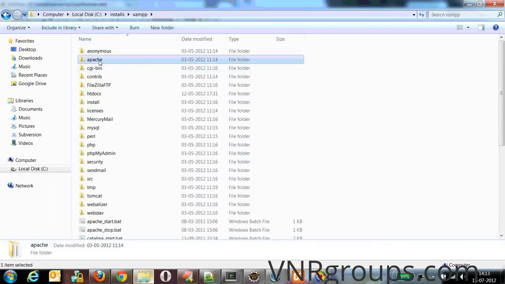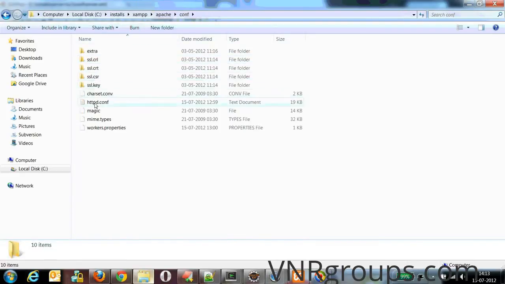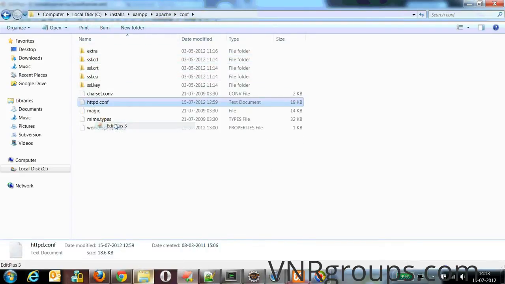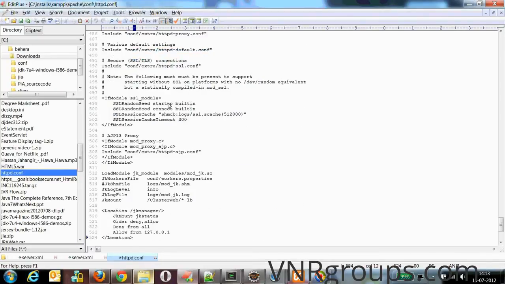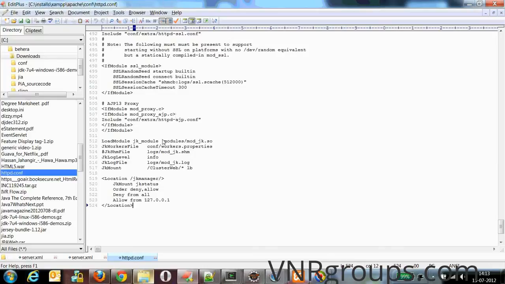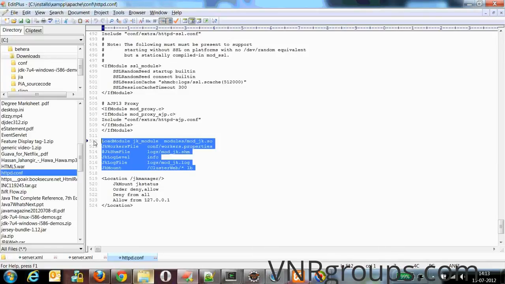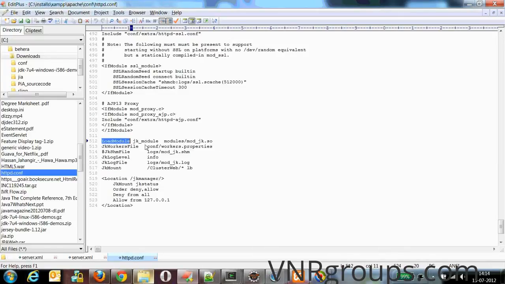So you open httpd.conf here of Apache HTTP server. This is the main configuration file for Apache HTTP server. Now there are a few things I have done here. What I did, I have loaded the module of ModJK. This is the basic syntax to load any module. So the module name is the JK module, through which your Apache will understand any request that comes from ModJK.